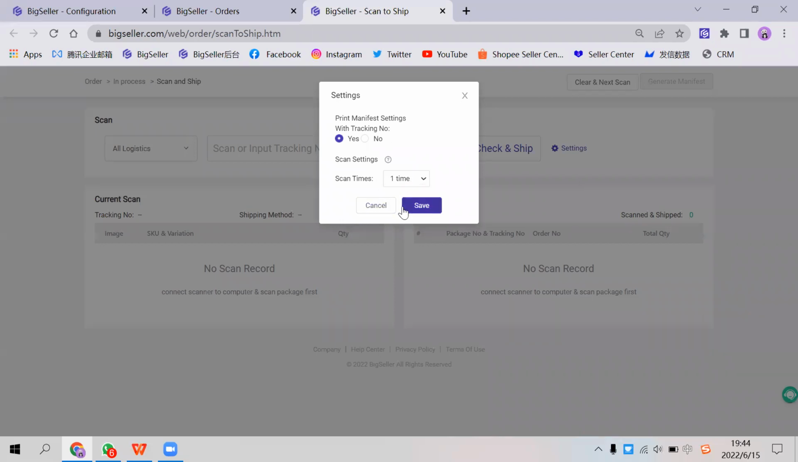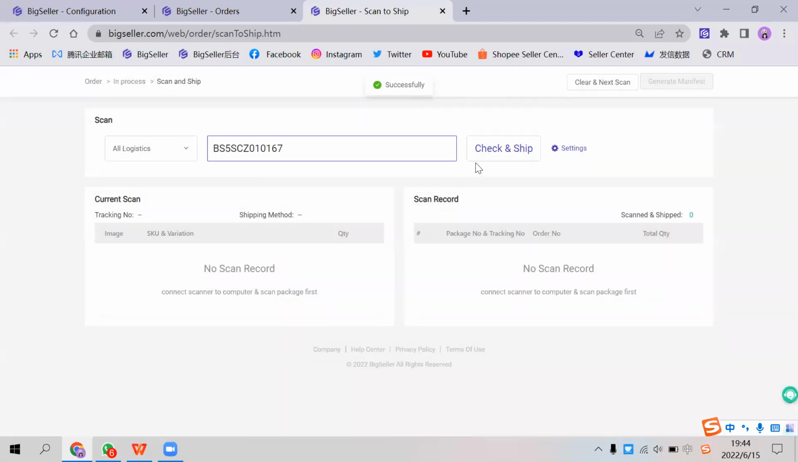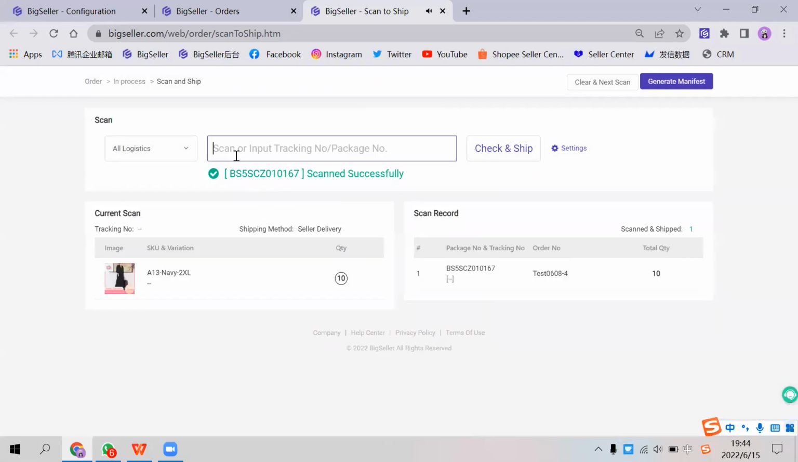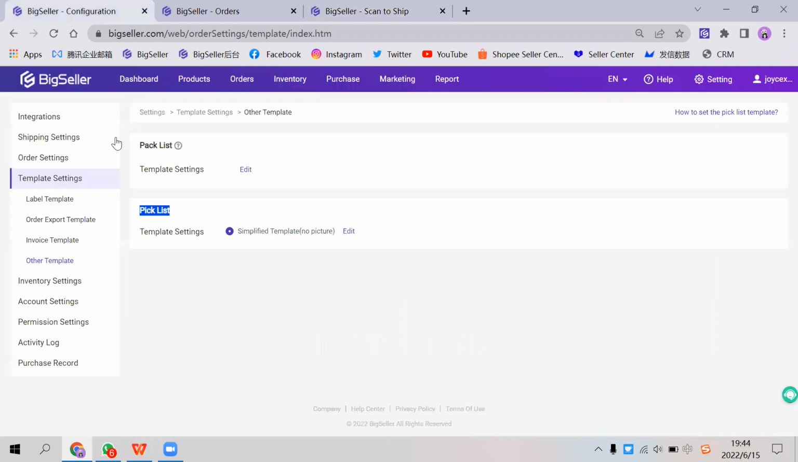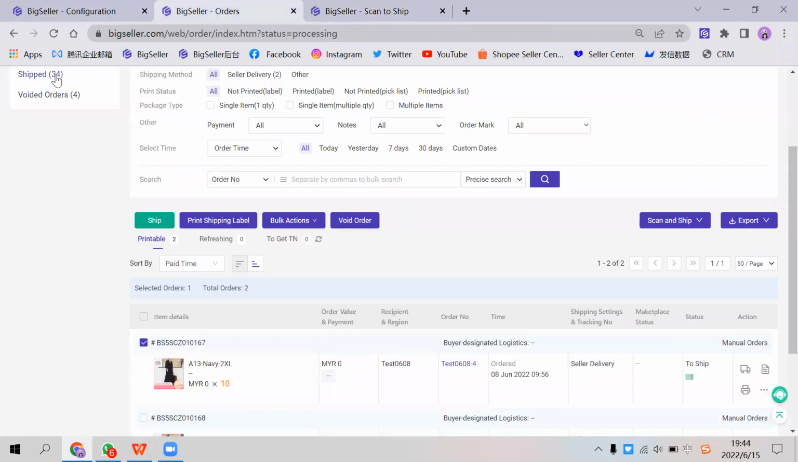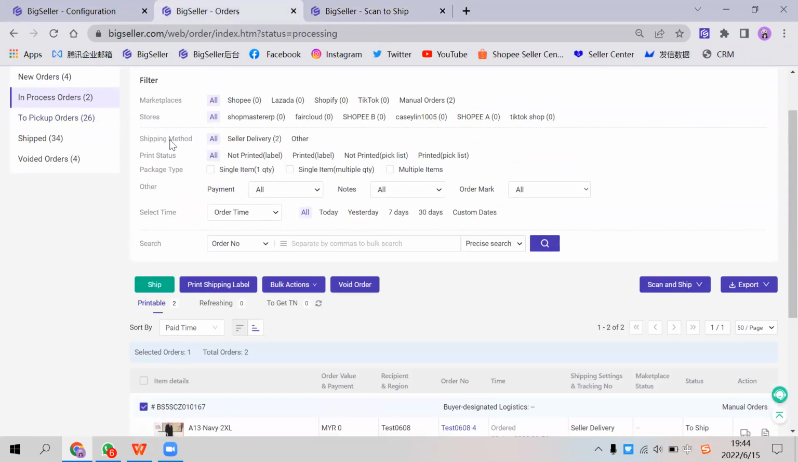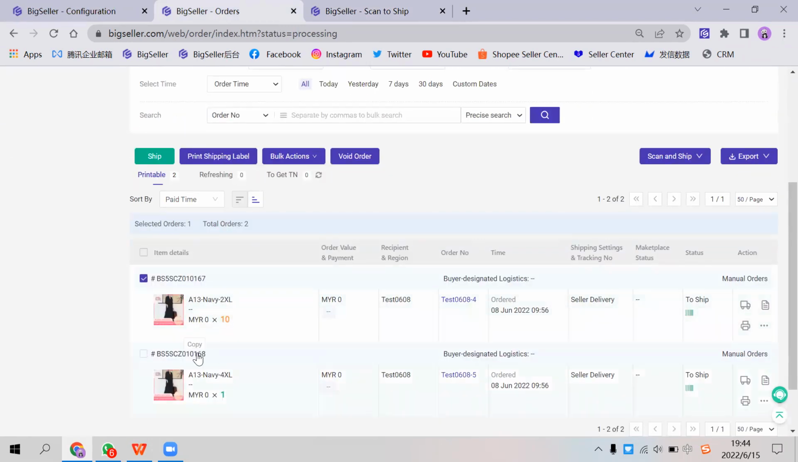For example, this one. If I set it as 1 time, the first time I scanned it, this order has been scanned successfully and has gone to pick up orders. Okay. And if I set it as 2 times,